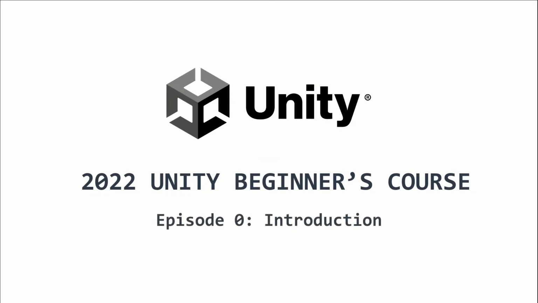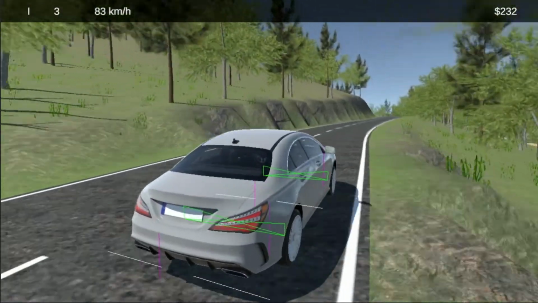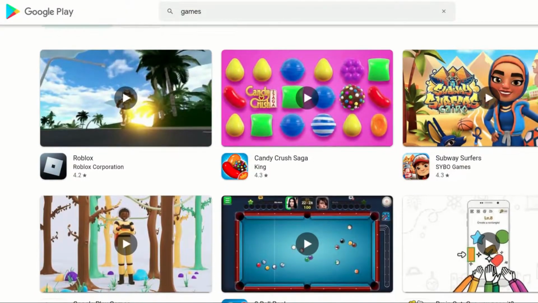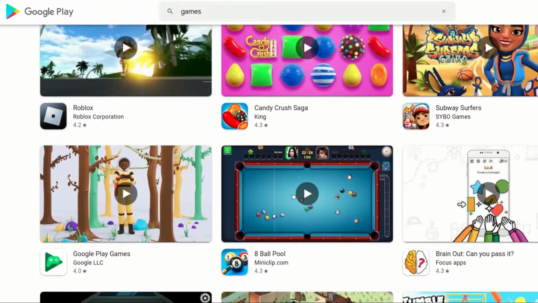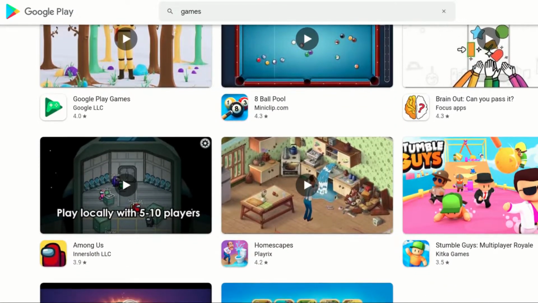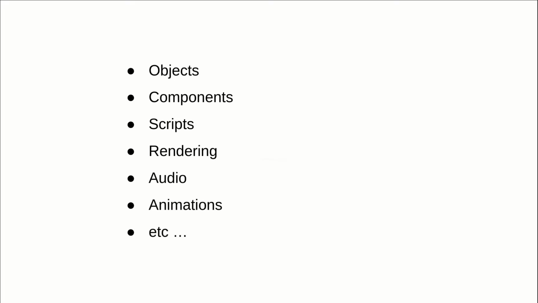This is episode 0 and I will introduce to you the powerful Unity game engine. Unity has long been a popular game engine for rapidly developing video games. Most of the games in the mobile market are developed using Unity, and mastering Unity will definitely bring you huge opportunities. In this tutorial series, I will teach you everything you need to know about Unity as a beginner, and